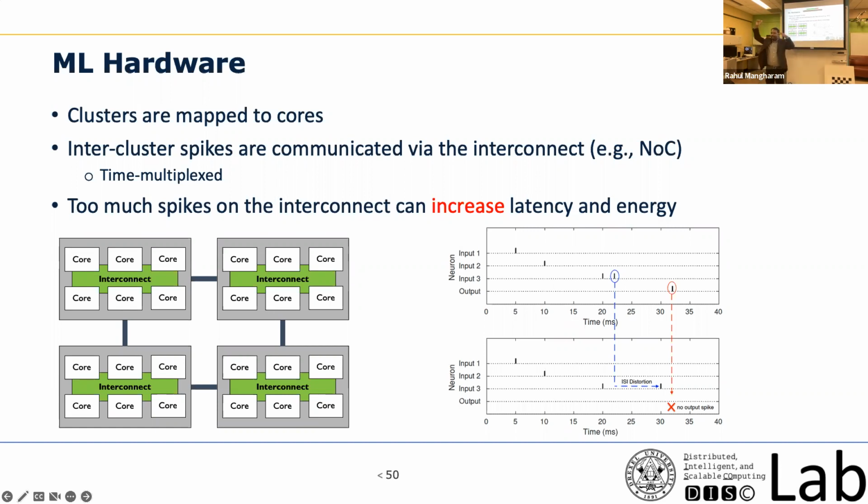Think logically from the perspective of the membrane potential. You have the membrane potential keep on increasing. All of a sudden, you didn't get a spike. It starts falling out. At a later point, when you get the spike, maybe it is so low that it might not fire. Got it. You see, a spike was expected in the application. In the hardware, you might not receive a spike. What does that mean? You are looking at an accuracy which is like 95%. When you map the algorithm onto the hardware, you might get 85%. So that's a very dangerous part about neuromorphic computing.